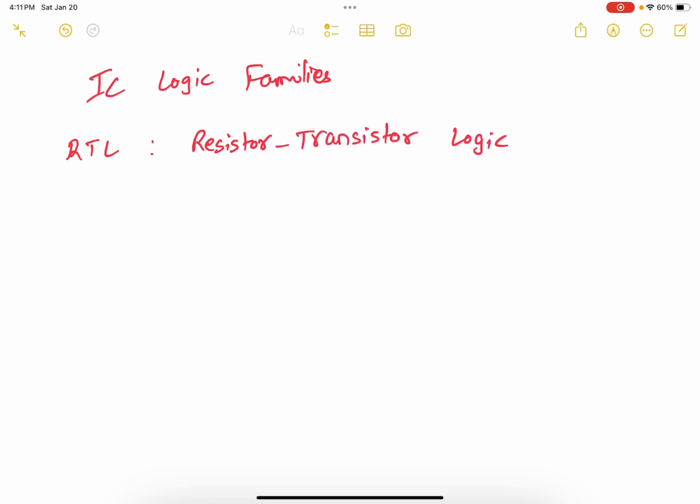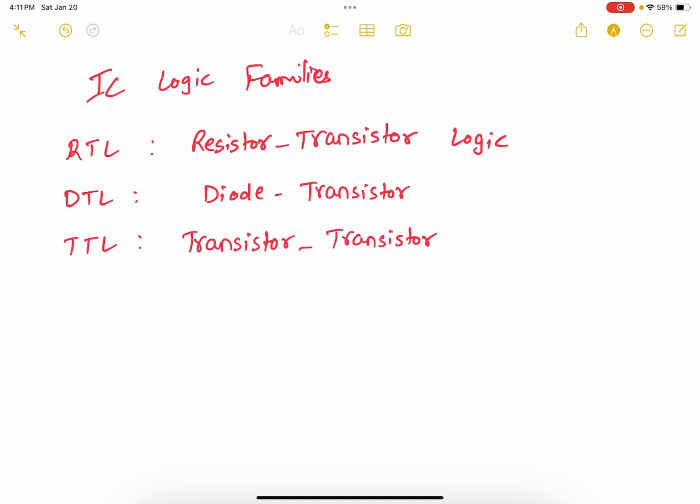Let us look at the different logic families in ICs. So you have RTL logic family, which stands for resistor transistor logic. You have DTL, or the diode transistor logic. You have TTL, stands for transistor transistor logic. You have ECL, which stands for